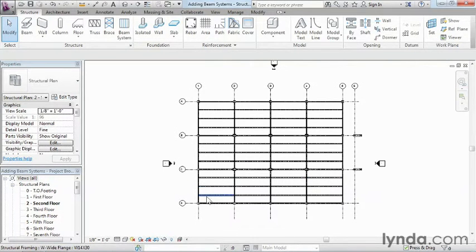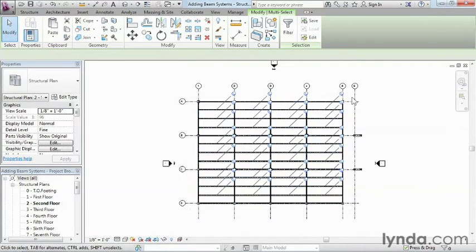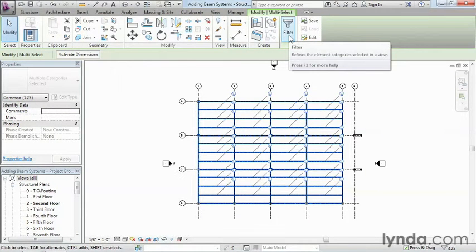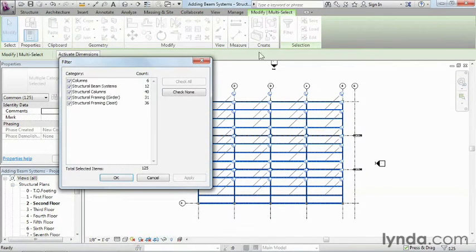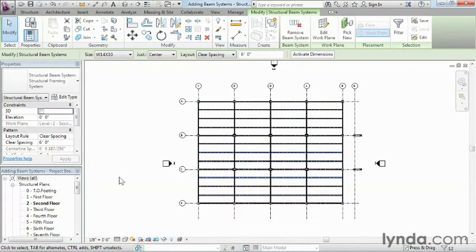The last thing we're going to need to do is copy this up so these same conditions are in each of the structural bays going all the way on up the building. So in order to be able to do that, we'll just come down here to near where the D is at. We're going to click, window around, and now we're going to come back up to this filter tool again, select on filter, and what we're going to want to bring up is going to be that structural beam system. So we can clear out everything but the structural beam system. Click on OK to that.